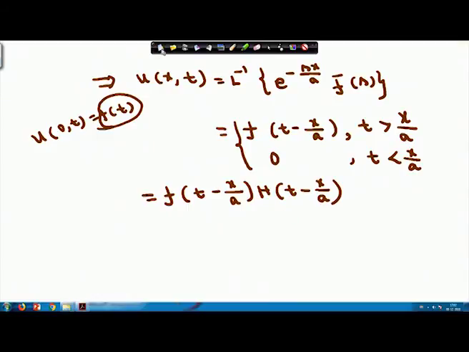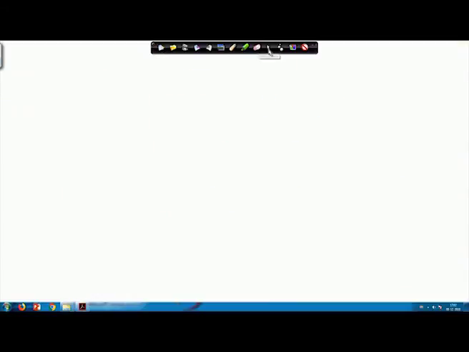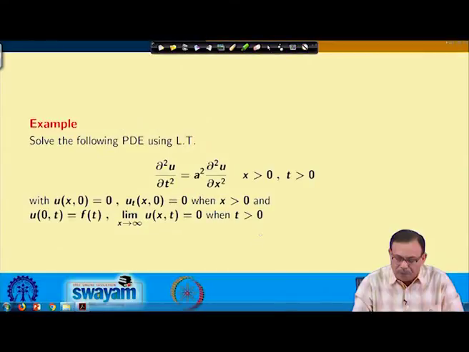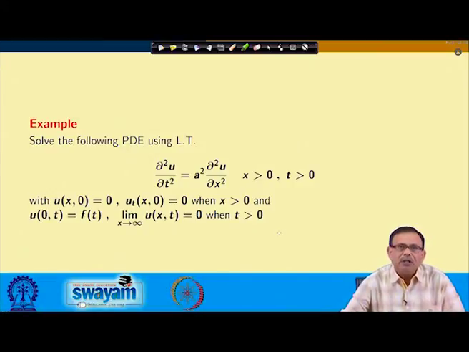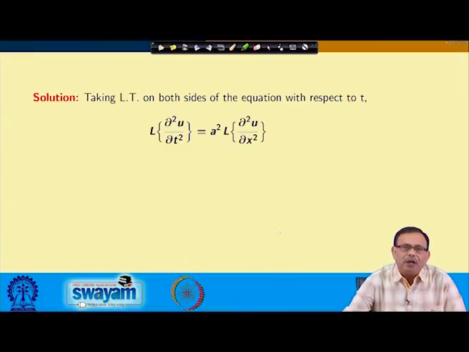So, quickly if we go through this one, your original problem was this: find the solution of this wave equation, ∂²u/∂t² = a² ∂²u/∂x², with the conditions u(x,0) = 0, u_t(x,0) = 0 for x greater than 0, u(0,t) = f(t), and the limit as x approaches infinity of u(x,t) = 0 whenever t is greater than 0. So, as I told, I am taking Laplace transform on both sides of the given equation with respect to